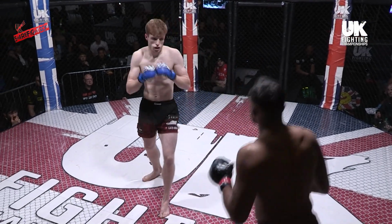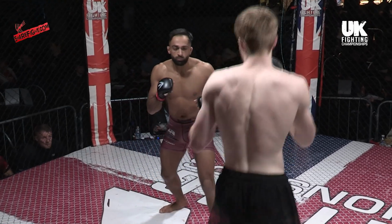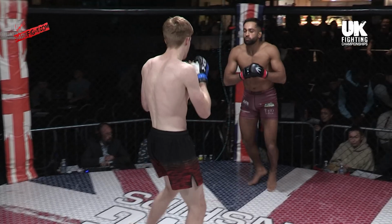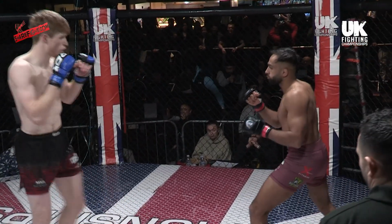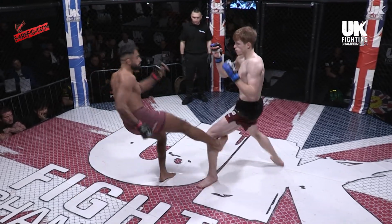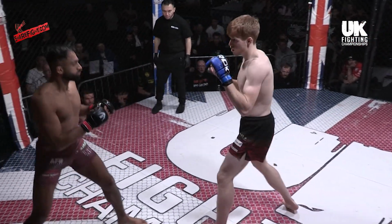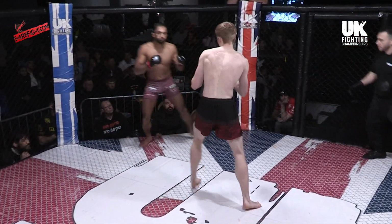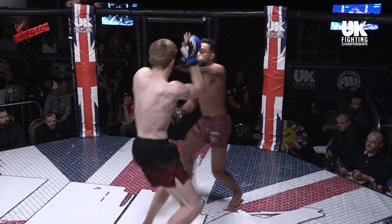Always a local favourite. Yeah, two very game competitors in this one. Layton Kane and Aftab Javed. Kane, the ranger of the two. It's that low calf kick from Aftab. Yeah, feinting, trying to work his way inside the distance. Javed trying to figure out the range of the taller guy and how he's going to